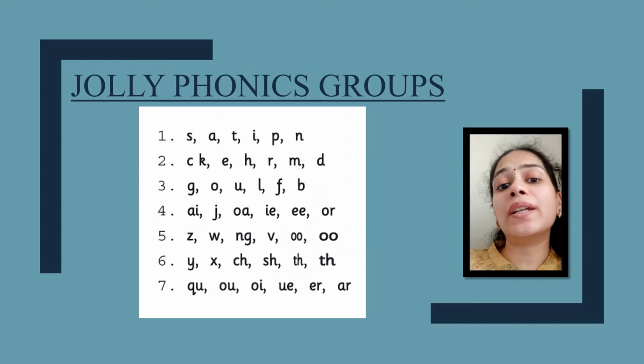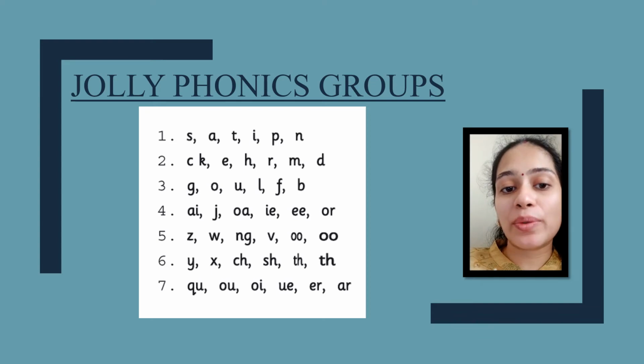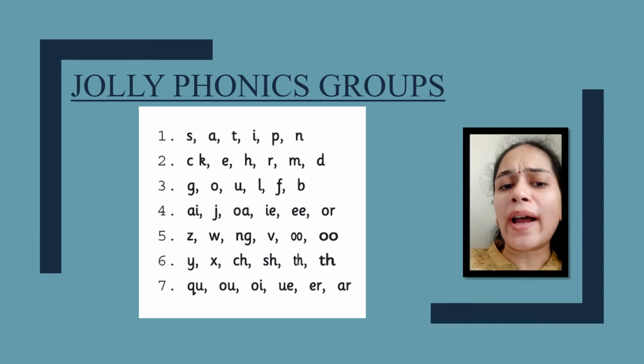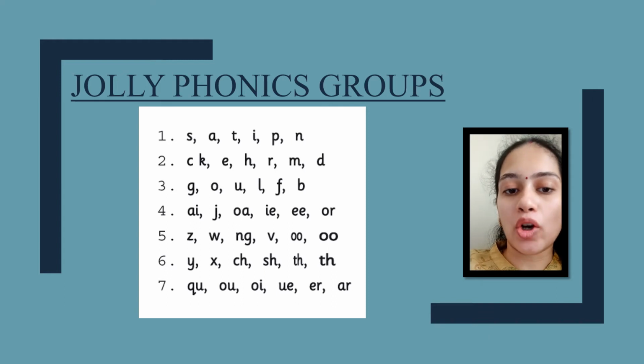How do we start teaching them Jolly Phonics? Basically, we don't start with A, B, C, D in normal alphabetical order. We have 7 groups, and all the alphabets and sounds are divided into these 7 groups. In the first group, for instance, we start with the alphabets S, A, T, I, P and N. Why do we do that? We do this because